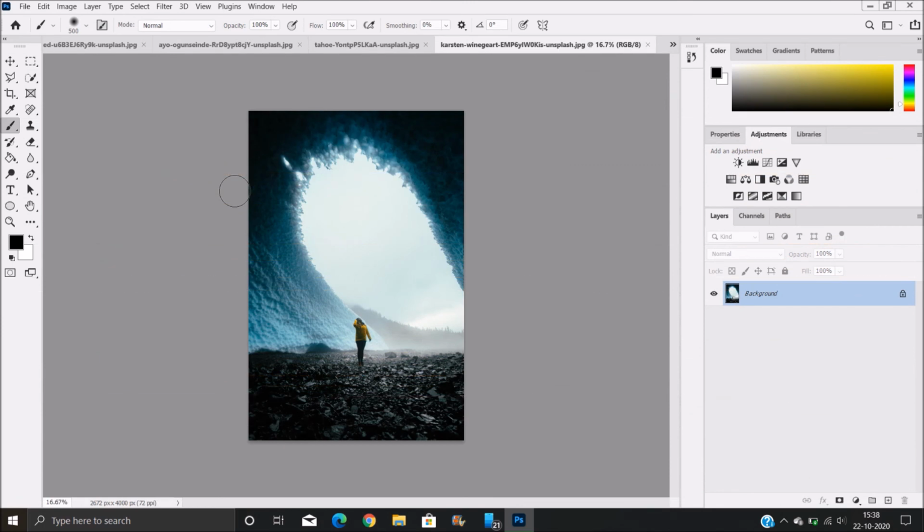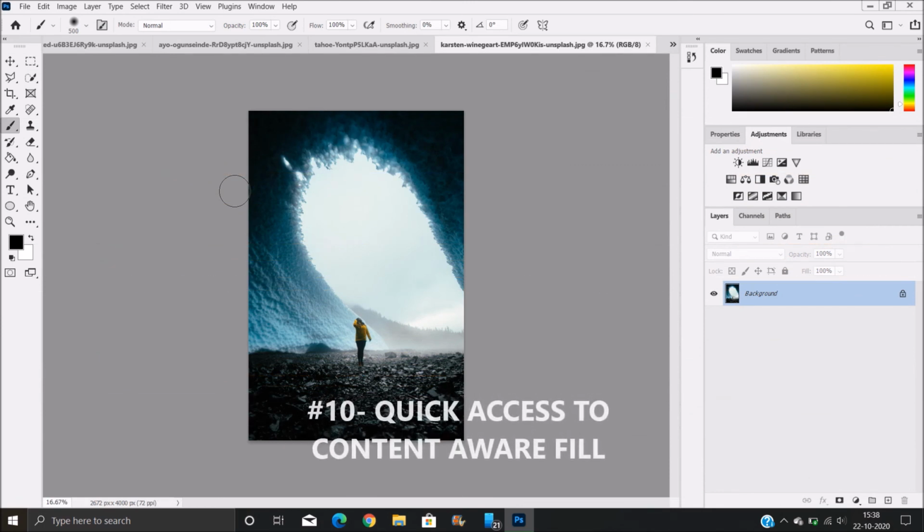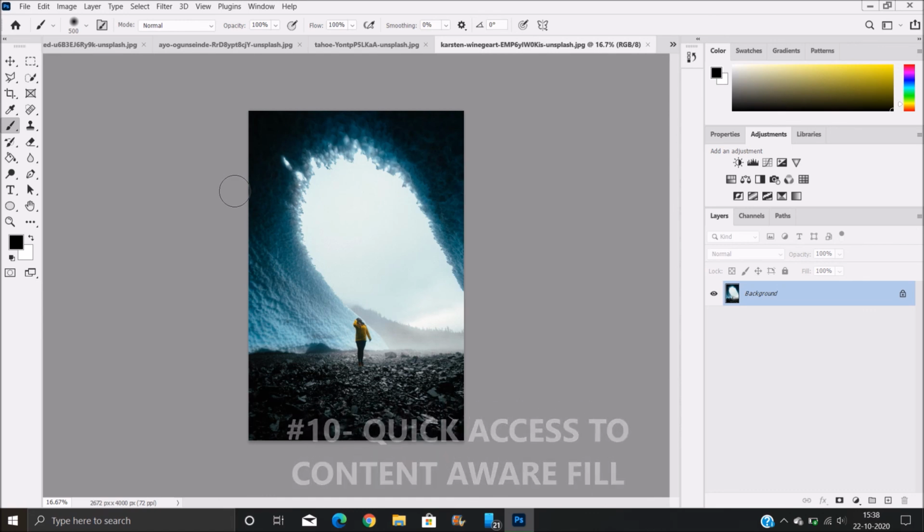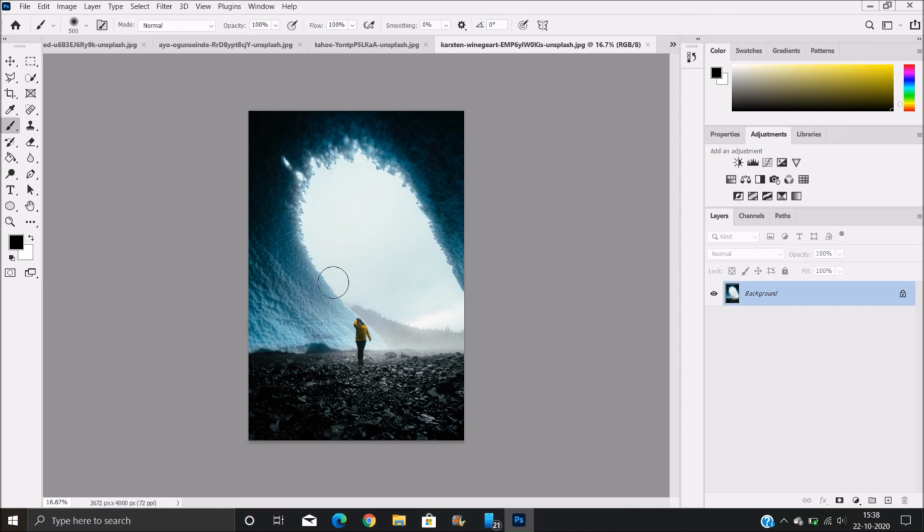So the last but not the least, quick access to Content Aware Fill. So let's say I want to remove this.